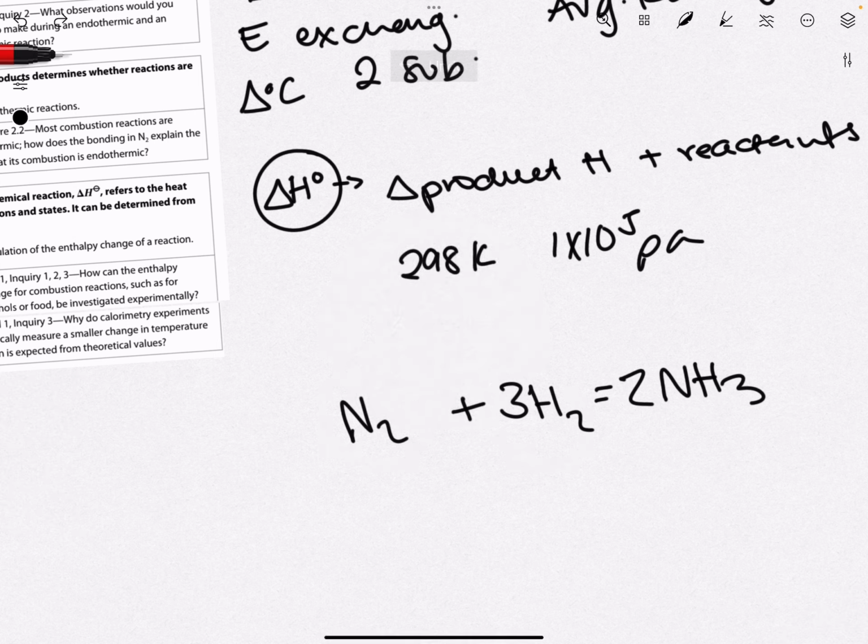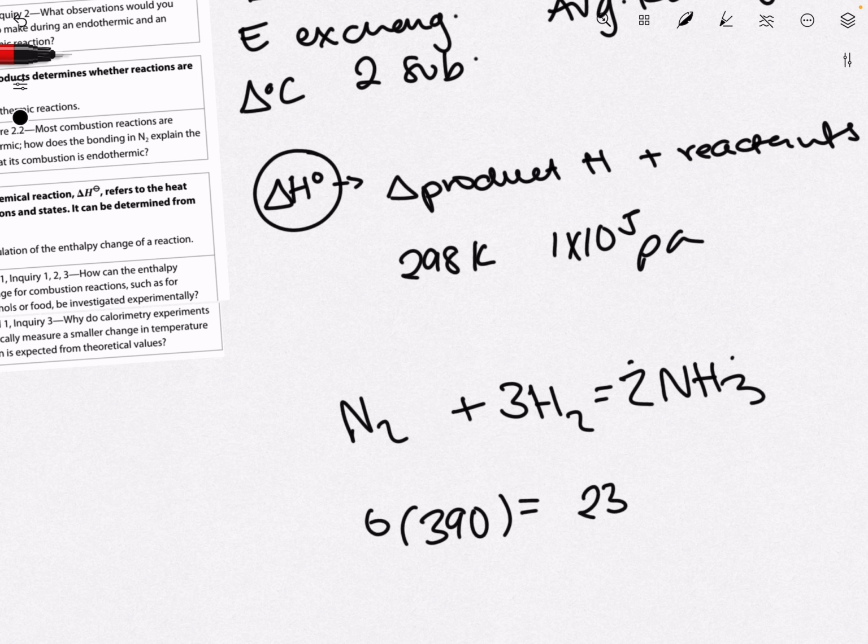Now, since we are forming bonds, if you go into your data booklet, you will also find the data values for bond enthalpies. For a nitrogen to hydrogen bond, your bond enthalpy will be 390. And since we are making 6 of these bonds, 2 times 3, that will give us about